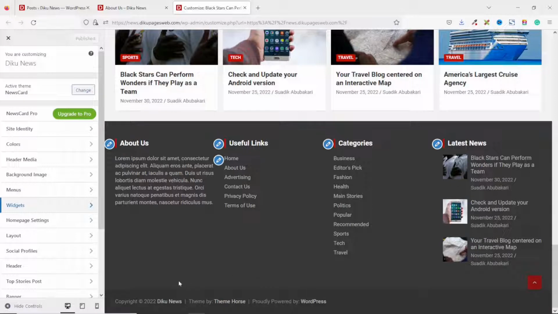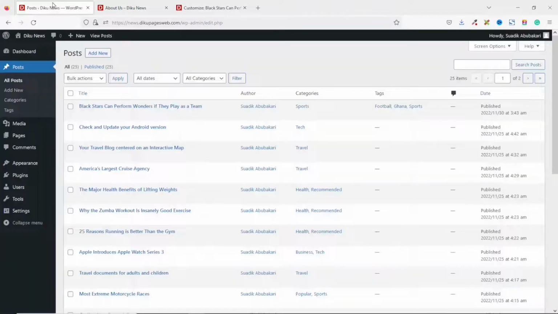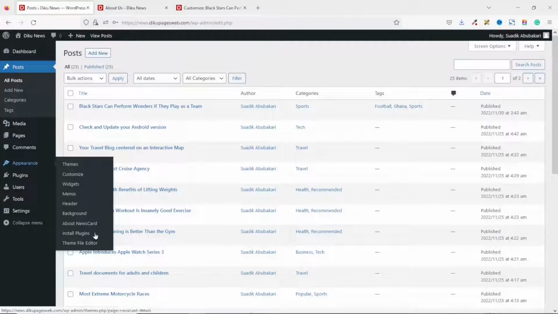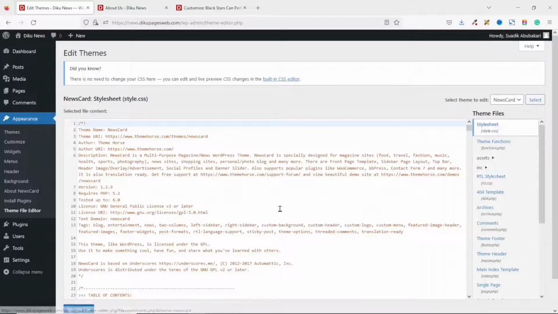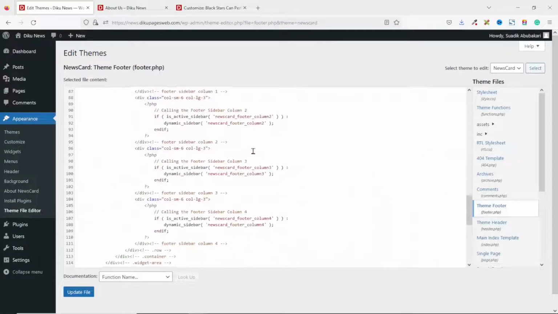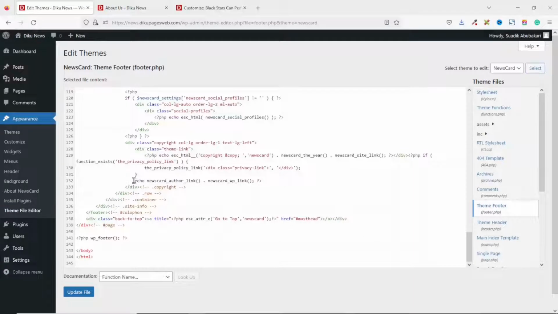To be able to change the copyright text, we go to the backend of our website, then we hover on Appearance, click on Theme File Editor, and then WordPress will give you a heads up if you really want to edit your theme. Let's go ahead and click on I understand. Next, we click on Theme Footer, that is footer.php. Let's go ahead and click on it. Scrolling down to the bottom part, this code right here,